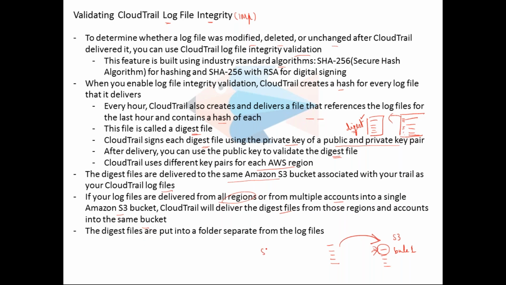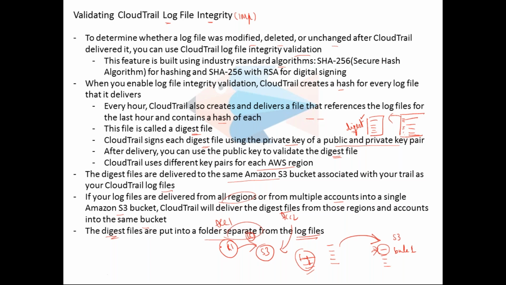The digest files are put into a folder separate from the log files, with a different prefix or folder name.